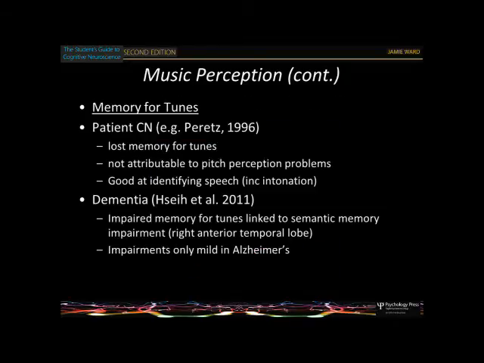What kind of evidence supports that? So you can certainly impair memory for tunes whilst having your relatively basic sound processing intact. I don't think that this is the case that was on there, but anyway, Peretz, who's done a lot of research on the cognitive neuroscience of music, reports this case of somebody who lost memory for tunes, so again couldn't recognise any familiar tunes, but could before. So this was an acquired case. That's brain damage, and again was generally good at recognising different pitch.